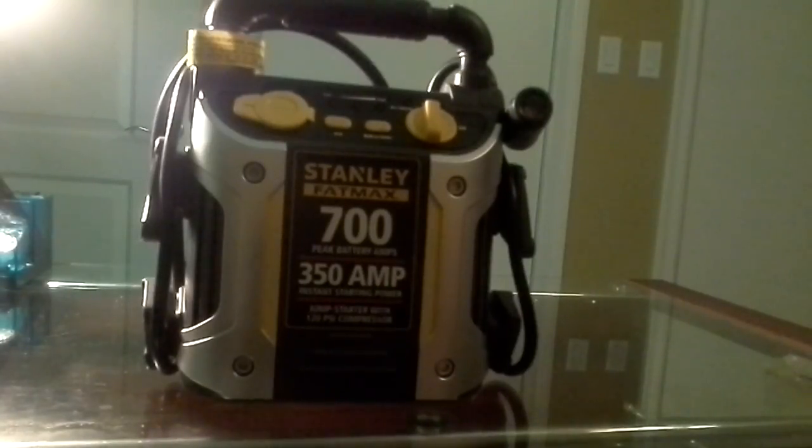So I went out and got the Stanley Fatmax 700 amp jump starter with 120 psi air compressor and charged this puppy for about 24 hours. Went back out to my wife's car and it started instantly. No issues at all. And another reason I can recommend this product as a jump starter is because I live